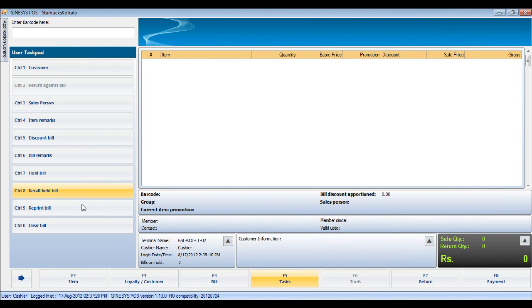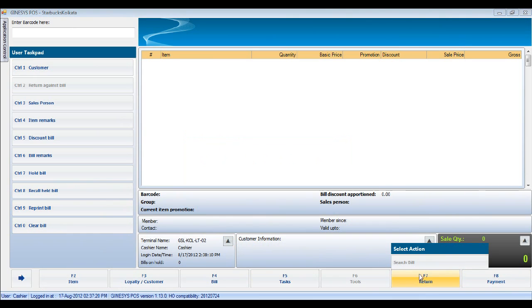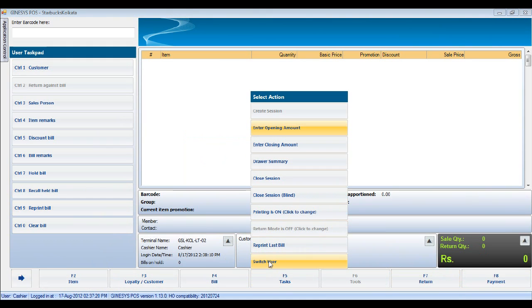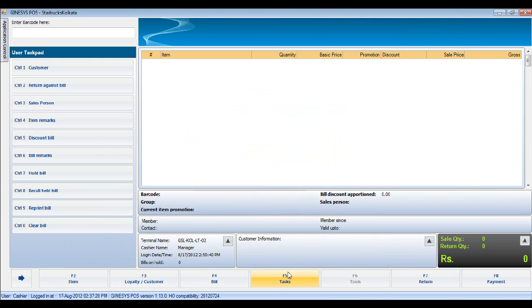Here I have logged in as a cashier, and this cashier is not allowed to do any kind of return. Let's imagine that a customer has approached this particular cashier and wants to do a return. So I click on tasks, and I have an option called switch user. The moment I click on switch user, I can log in as the manager, say switch, and click on return. Now I can perform a return. So I'm going to go ahead and search a bill,